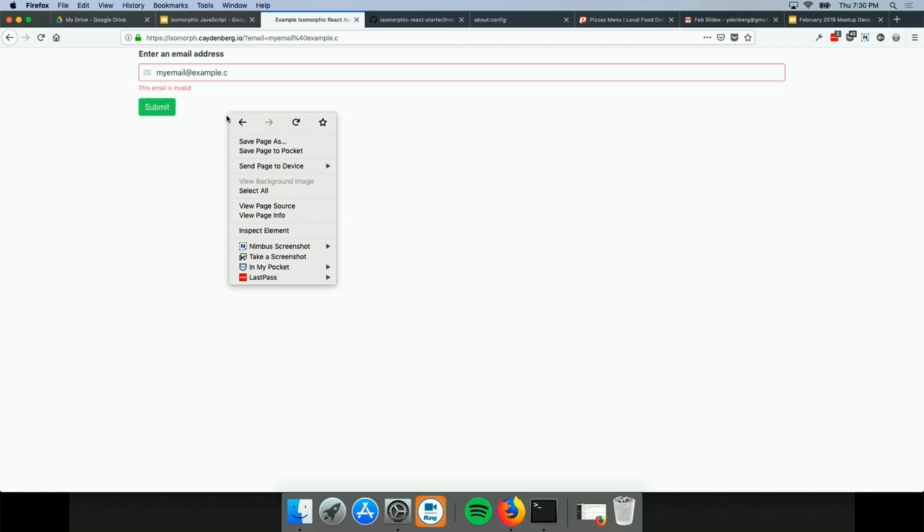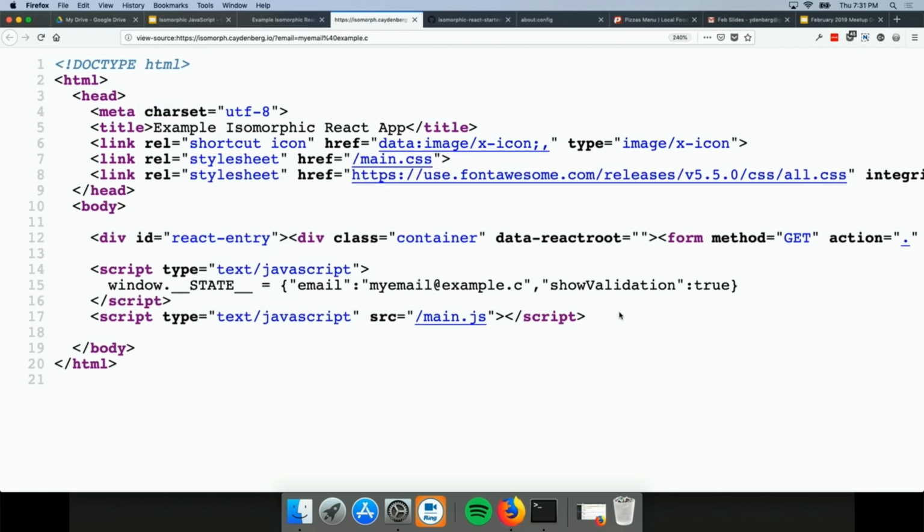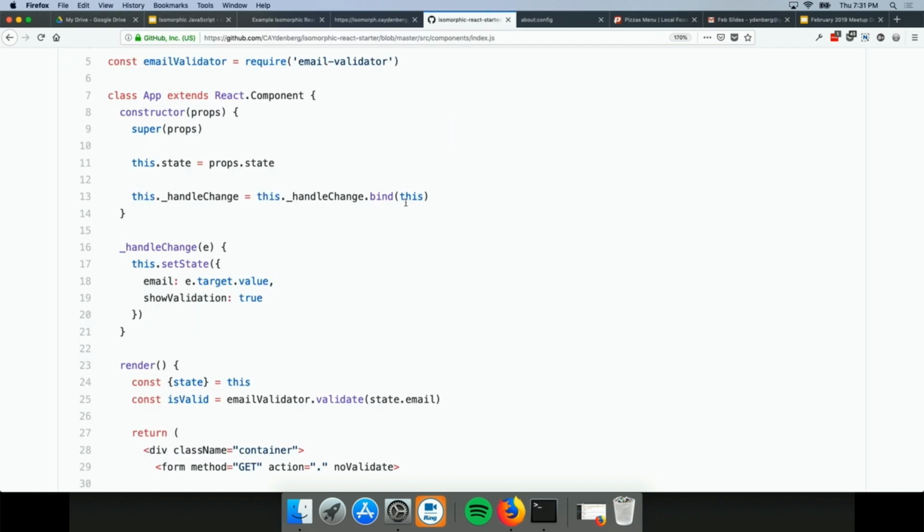Well, on this page, what my server is doing is determining what the state of the application should be at any given point, and it's putting it in this JSON encoded object and just assigning it to window.state. And that is so that my client-side code can grab it,